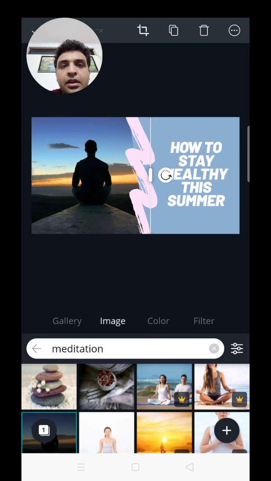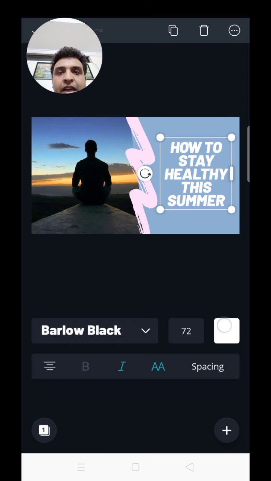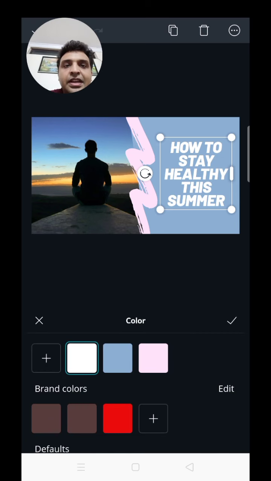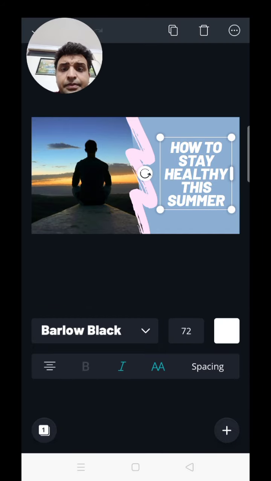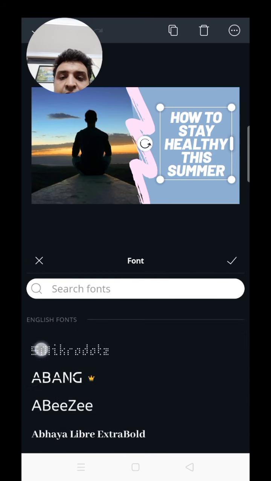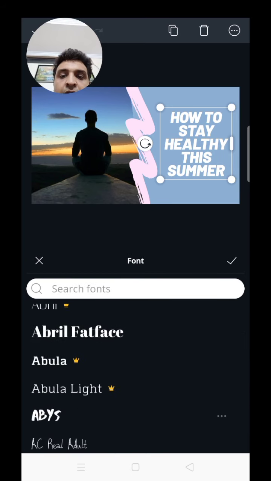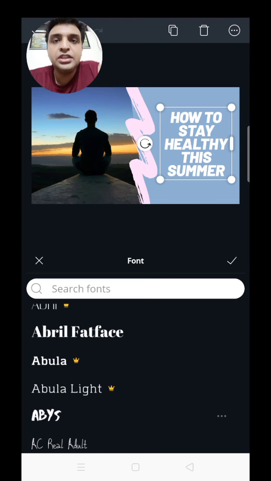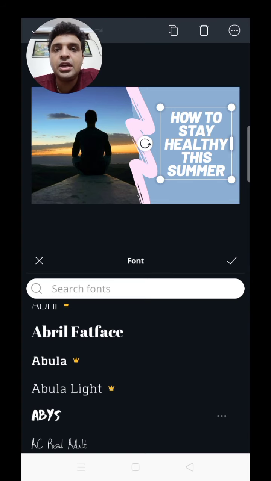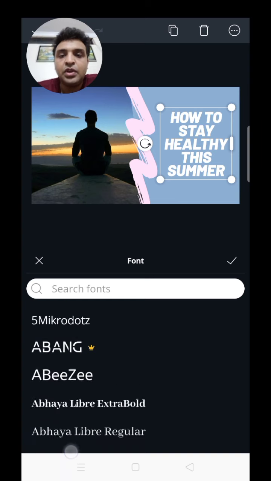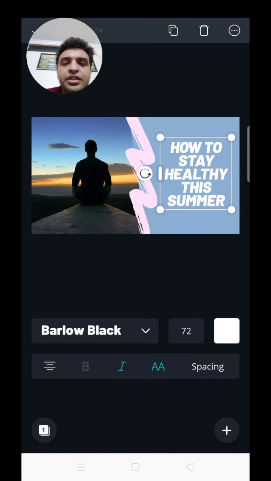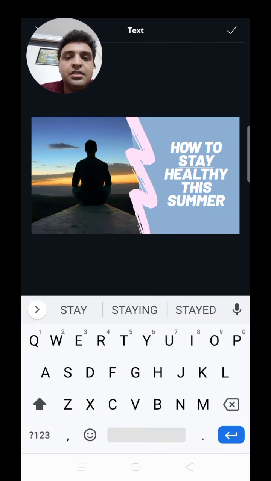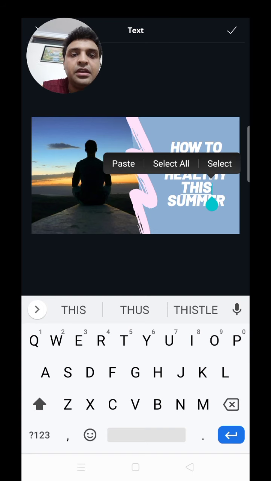Here, if you see, this one is fitting the color scheme very well. I'll use this one. Then I'll go here and make this also black, because I'll click here first, which will populate the text option for me. From here I can select all the text that is available. You can use any font that you want. Again, the crown ones are chargeable, and the ones which do not have a crown are free. I will probably let this font stay the same. I'll just modify the text. So let me just click here.